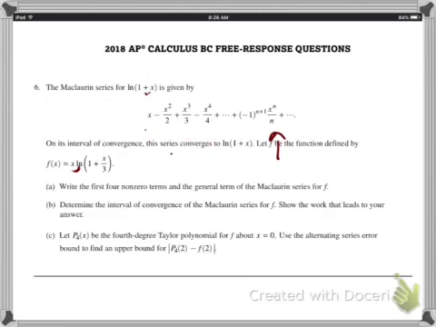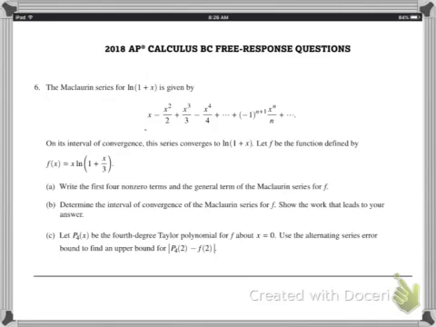Let's clear off some mess here. It says, determine the interval of convergence for the Maclaurin series for f. Show the work that leads to your answer. Now, they give you two different solutions if you look at the solution guide. And if you know